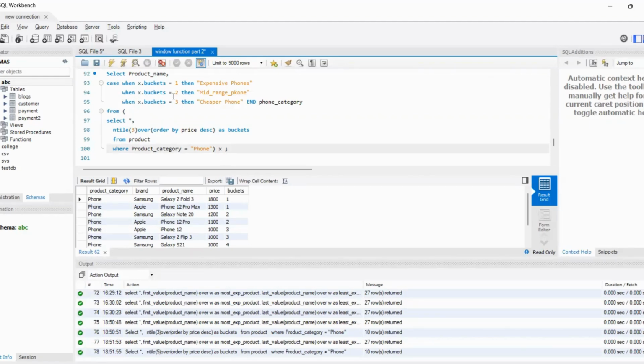When x.buckets is equal to 2, then it should be written mid-range phone. Then when x.buckets is equal to 3, then it should be written cheaper phone, and phone category. So if you now execute this query, you can see